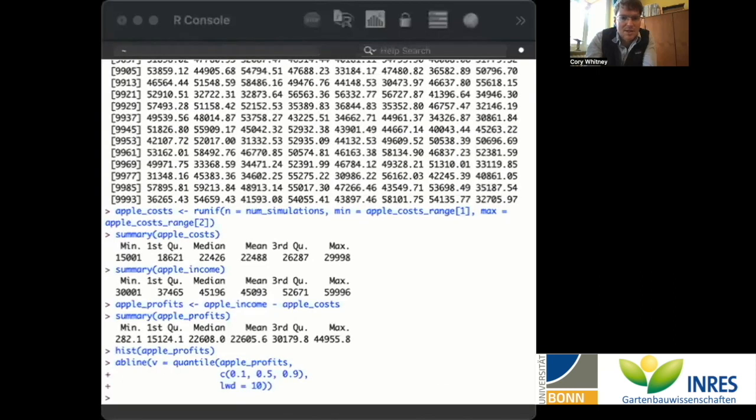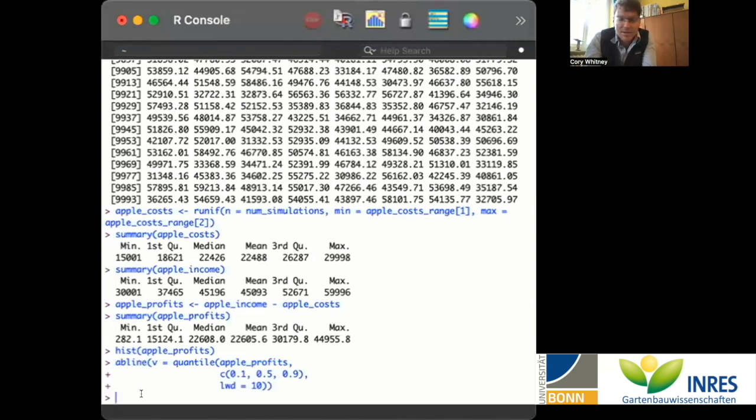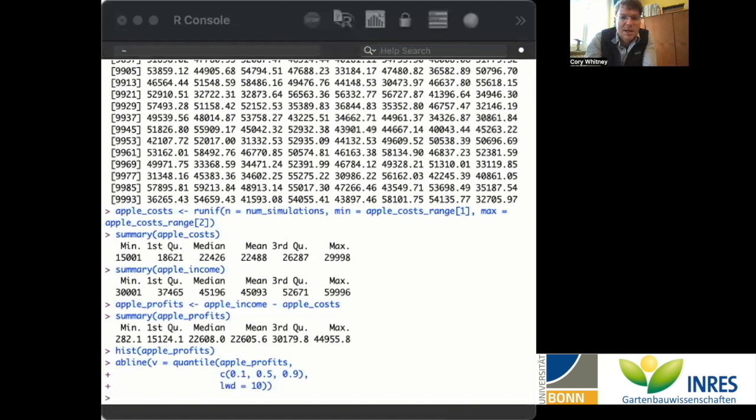I added those lines with the abline function when you're plotting in base R. I want to talk about one thing here, which is that runif function. We use this runif function. You can find out more about runif by looking it up in the R help files that come with our R interface. But essentially what runif does is it generates random numbers from a uniform distribution. So it's assuming the distribution is uniform, and it basically takes that minimum and that maximum value